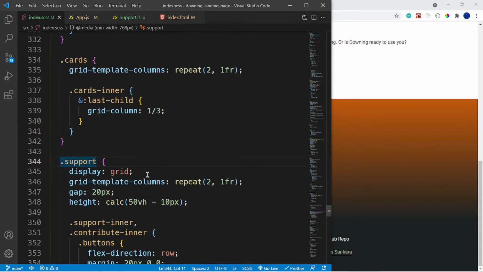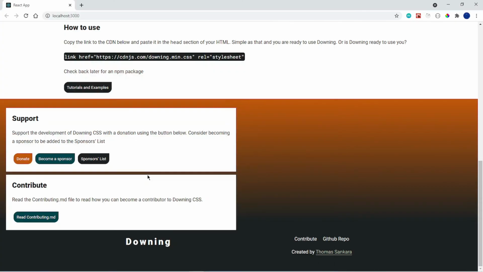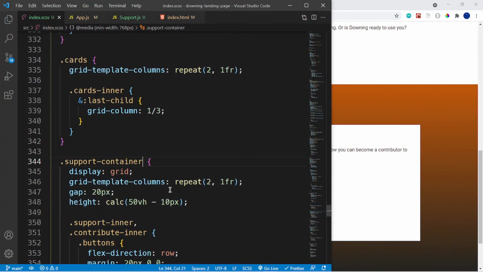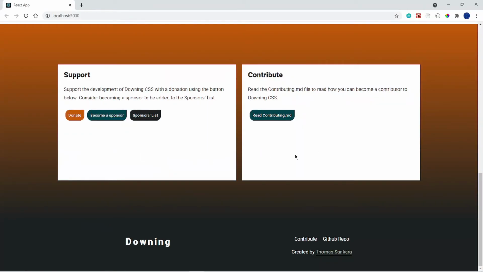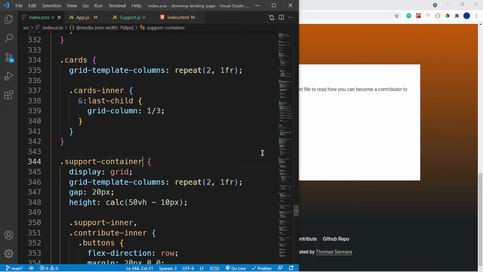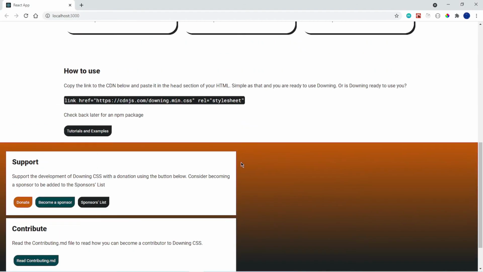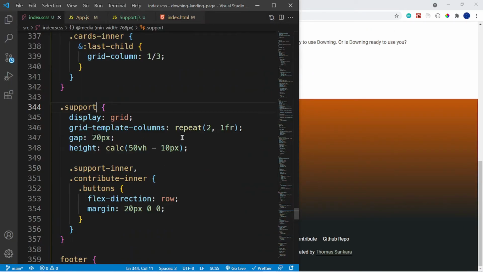So this should be support-container. Let me see that. Okay, support container. But this white space is too much for me. And is this correct? This should be support. Okay, so